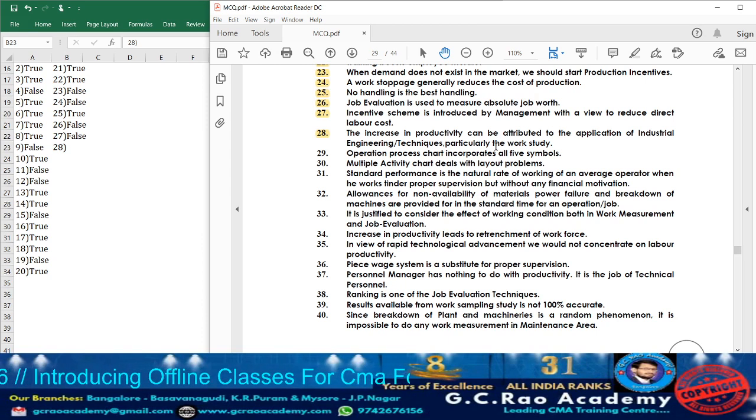How can we improve the productivity? With the available inputs, if we are able to produce more output, or for the same outputs, if we are able to utilize fewer inputs, we can increase the productivity. Just by applying industrial engineering techniques to the work study, we cannot increase the productivity. So accordingly, the statement